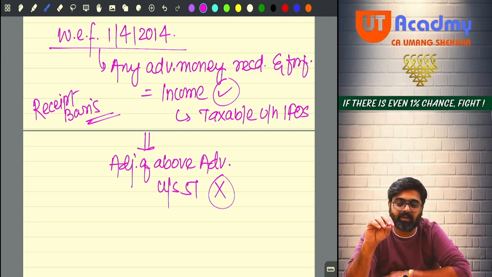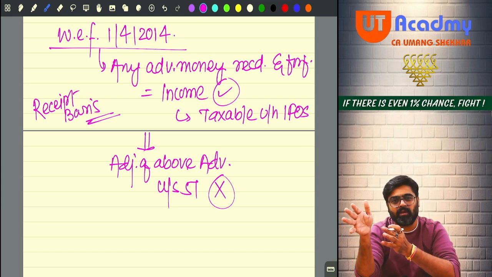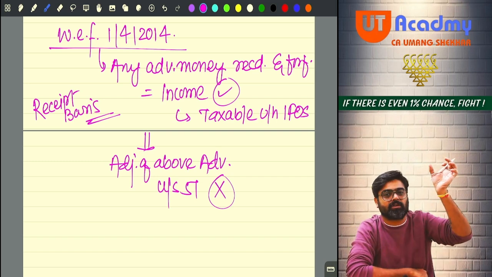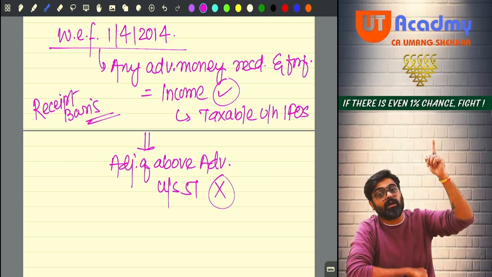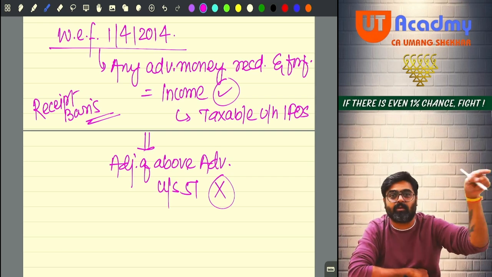But basically, this is also illogical. Because that part of cost which you are reducing was your cost for some part. Till the time you did not receive this amount as an advance and did not forfeit it, this amount was your cost. So starting from the date of acquisition till that date, you should get the indexation also for this amount.